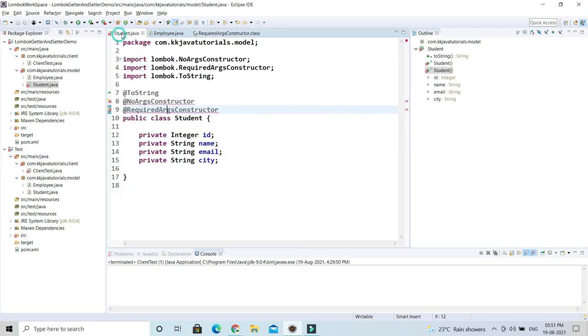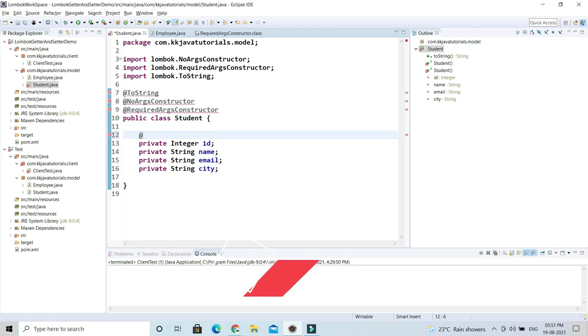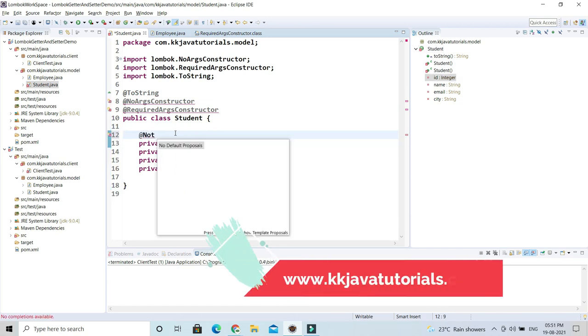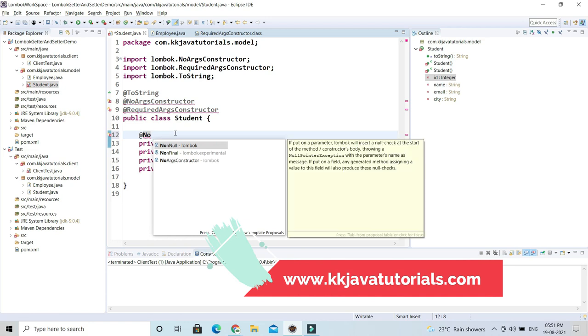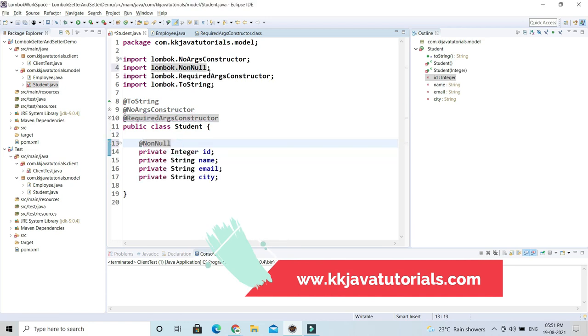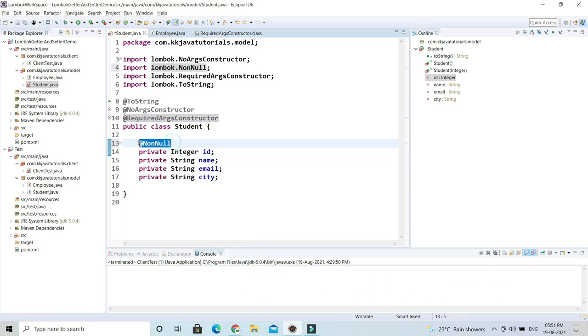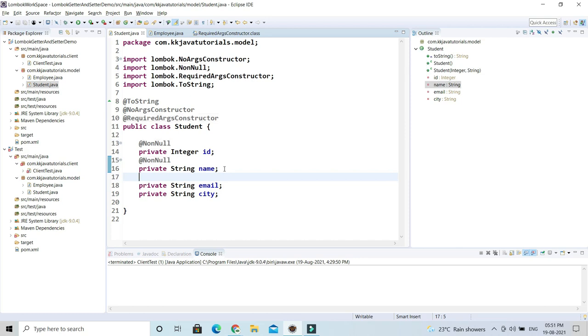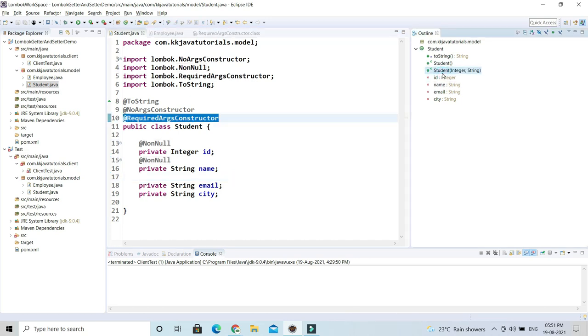So let's say I want id to be not null, and that's also imported from Lombok, right? Id and name I would like to make not null. So here you can see Lombok has now generated another constructor, an argument constructor, where the first argument is the integer and the second argument is the string.